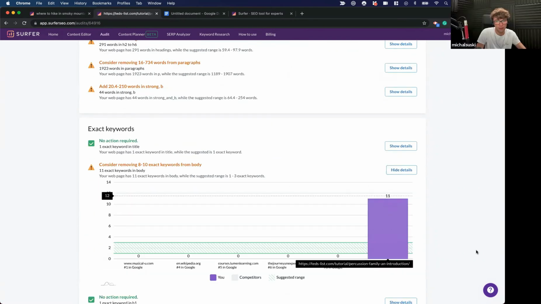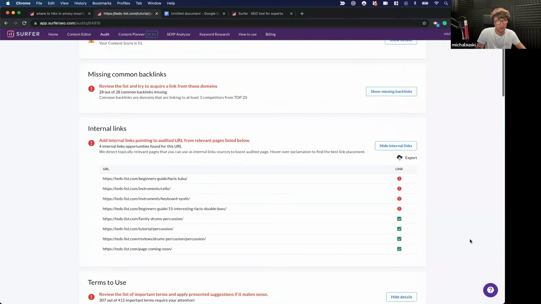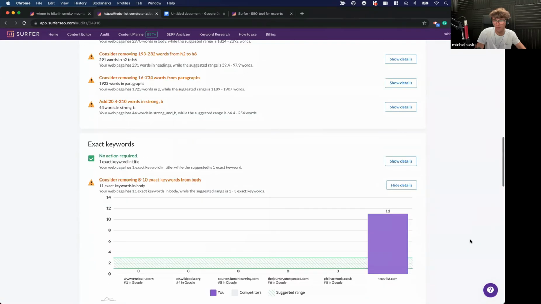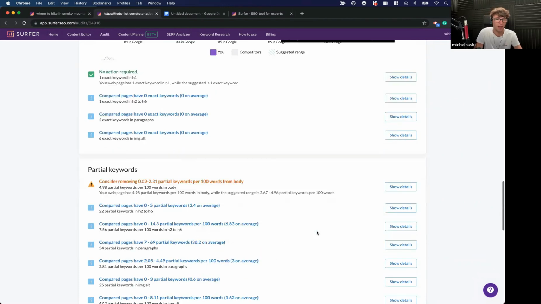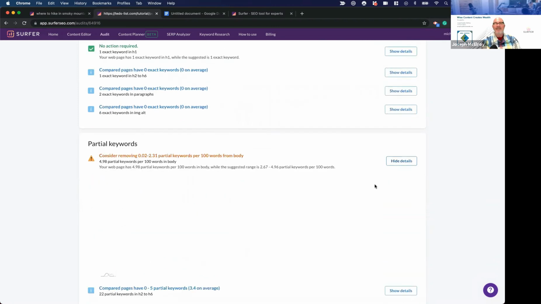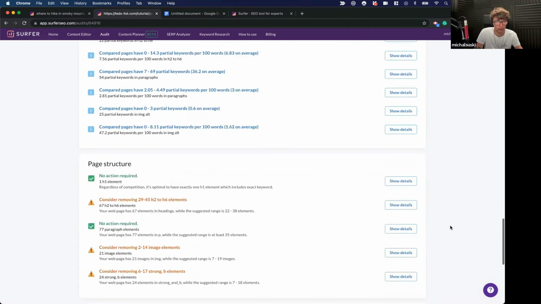Whoa, 11 exact keywords. So definitely not a good idea. No one is using the exact keyword, and this guy is using it 11 times. So he's definitely over optimized. Then we will have information about the partial keywords, information about the structure.